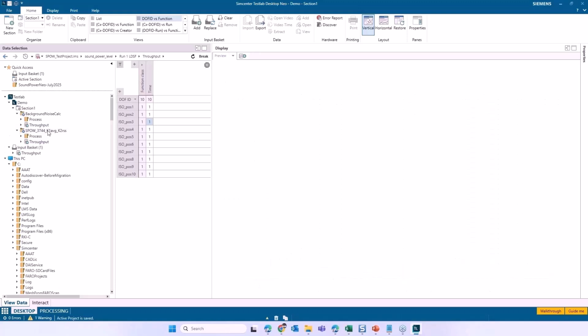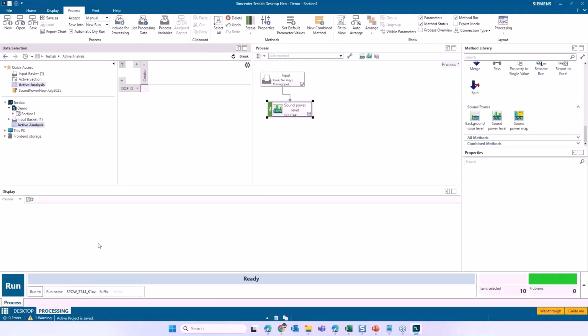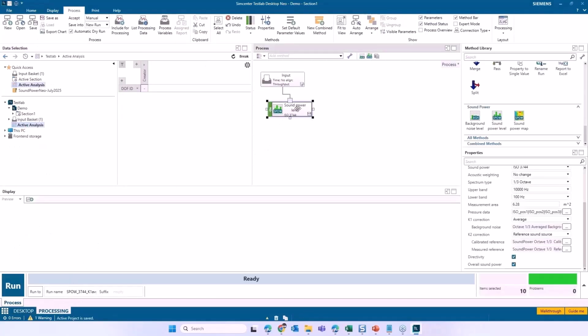So you can see that it's very easy to apply the method, and then you can apply the K1 correction on one channel or multiple channels, or the average or per channel basis. You have both options there. If you compare to TestLab Classic, we didn't have the correction per channel. It only supported 3744 standard, not the 3745 standard.